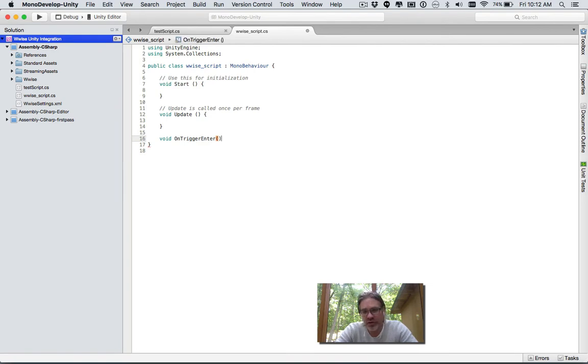Give it two parentheses, and then I have to start my function and finish my function. Okay? So OnTriggerEnter is a special keyword basically within Unity that says when I collide with that script, trigger this script here. So I'm going to put some functions inside of the OnTriggerEnter that basically go over to